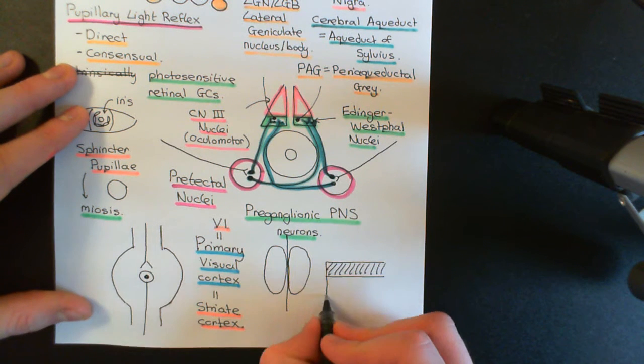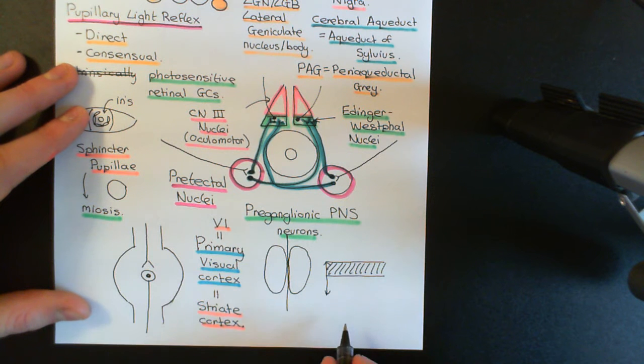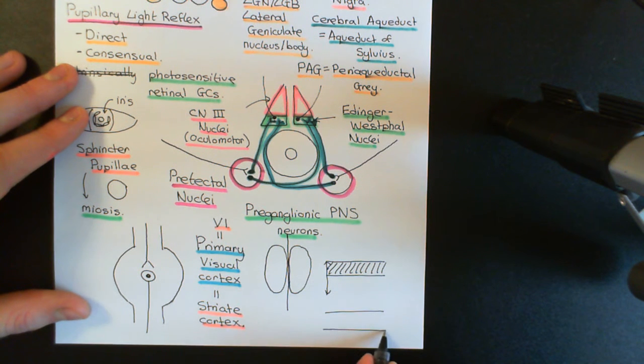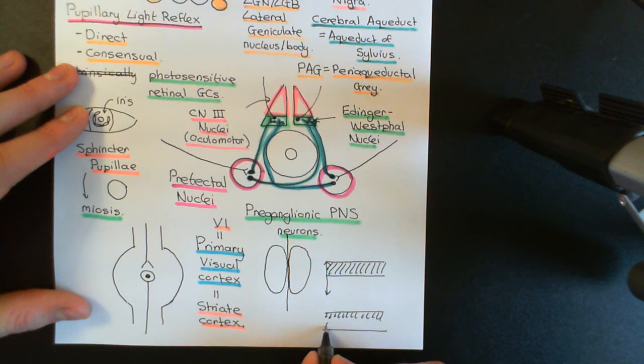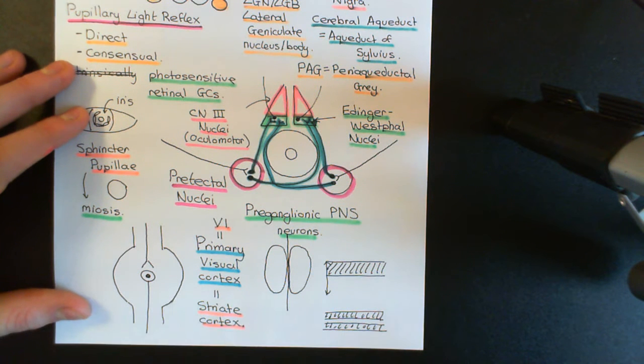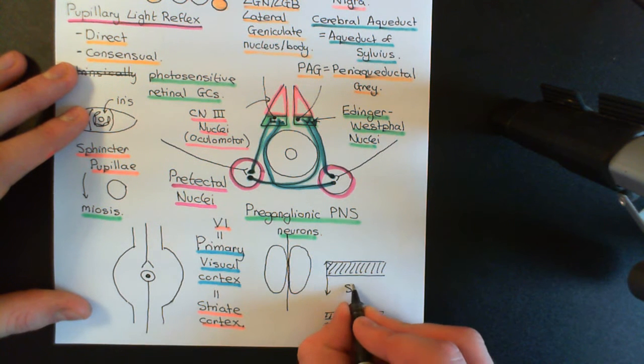Okay, that's what your section of cerebral cortex would normally look like. In the case of primary visual cortex, it looks like this. You have grey matter, and then down the middle of it you have a stripe of white matter. That's unusual for cerebral cortex. It's something that is specifically present within the primary visual cortex, and this stripe of white matter is known as